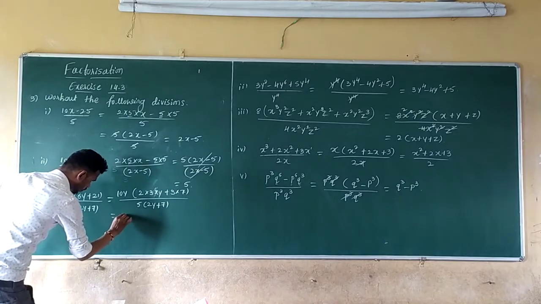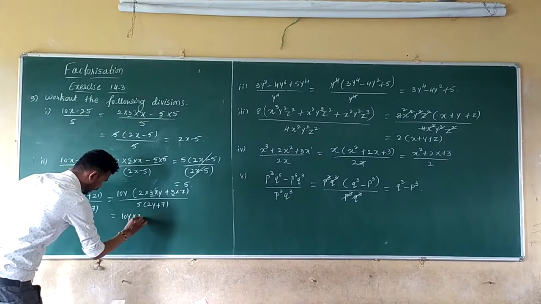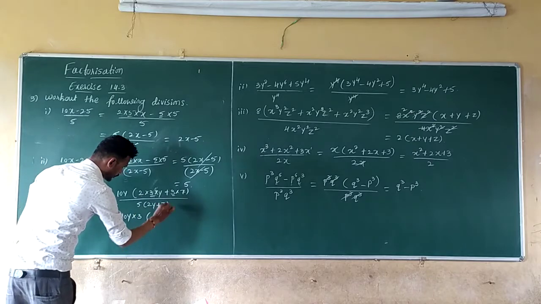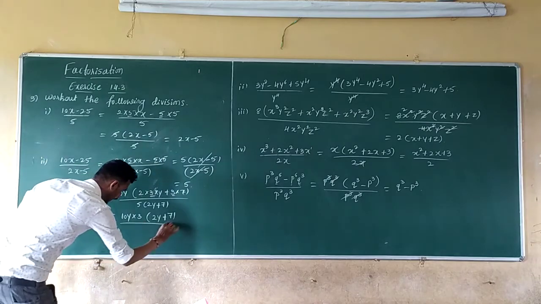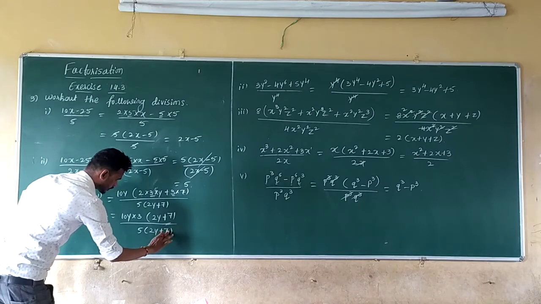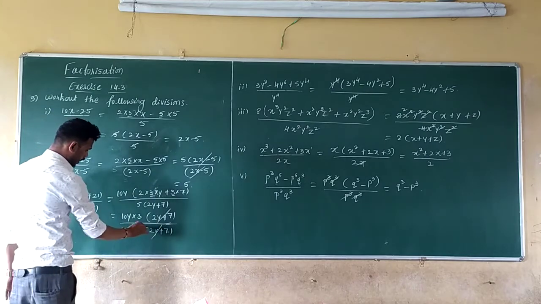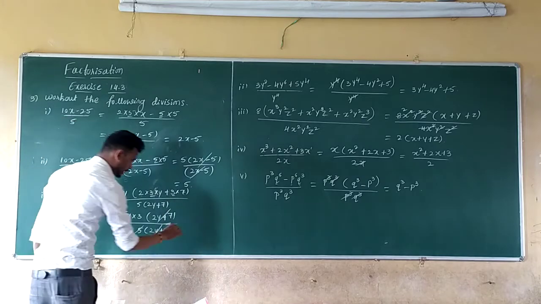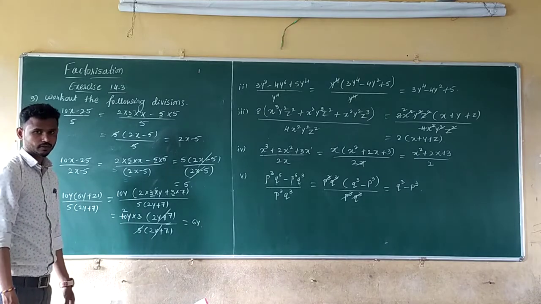So now 10y, in these two the common is 3. So take that outside, into 3 bracket, what will remain? 2 into y, 2y plus, what will remain here? 7, divided by 5 into 2y plus 7. So 2y plus 7, 2y plus 7 get cancelled. So now here 5 1s are 5, 5 2s are 10. 2 into 3, 6. 6 into y, 6y. So the answer is 6y. Next,